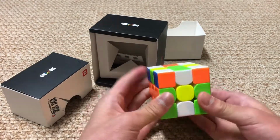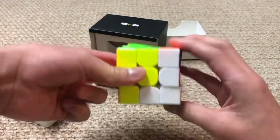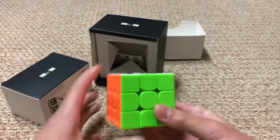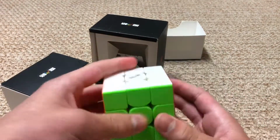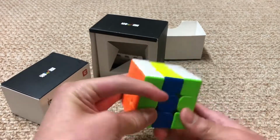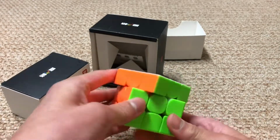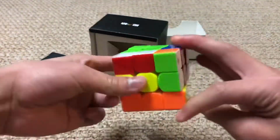Okay, this is really good. I love this. This actually could become my main. I know I really like this cube, but I know that with this cube, you either love it or you hate it. There's a few people that think it's okay, but it's mostly people that love it or hate it. I'm one of those people that love it because